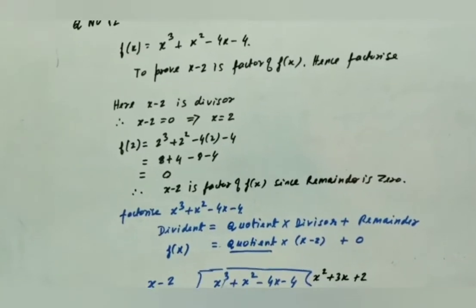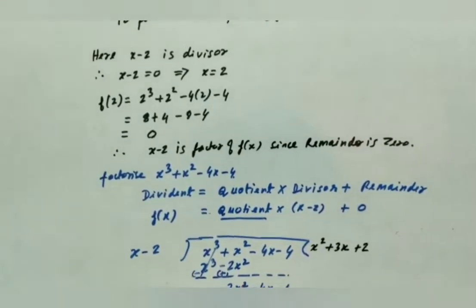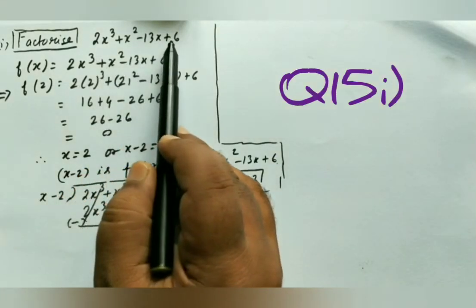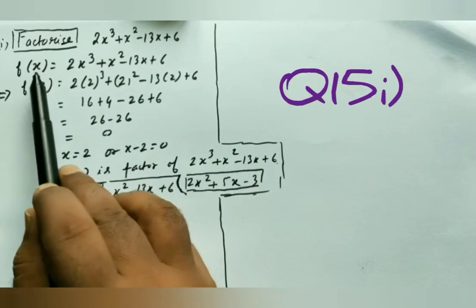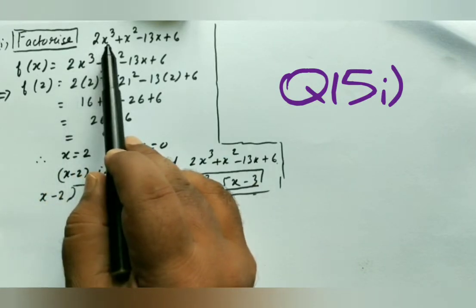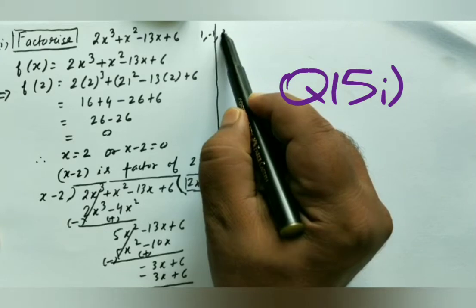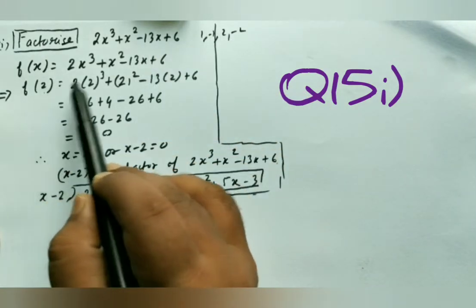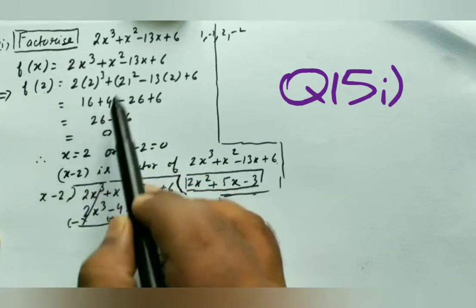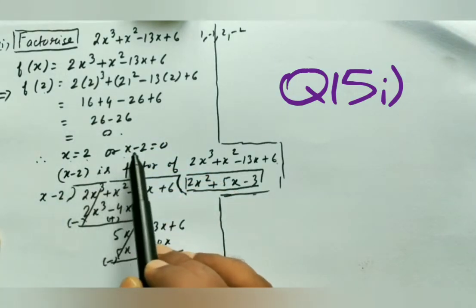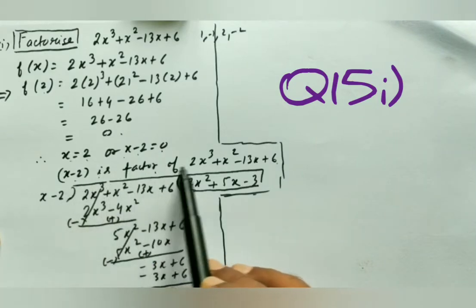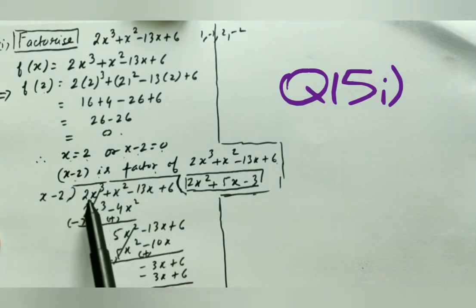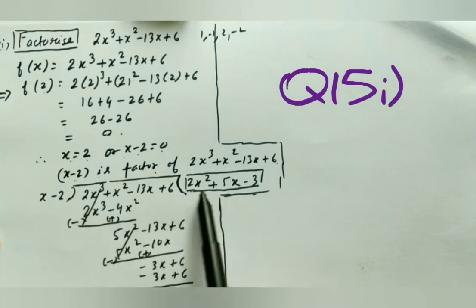This is question number 12 and very important. So this is another question. We have to factorize this using the remainder theorem and factor theorem. So by hit and trial method, we have to try once by 1, minus 1, 2 and minus 2. One of them will give you 0. So f(2), if you put 2 in place of x, you get 0. So x is 2, x minus 2 is equal to 0, or x minus 2 is a factor of f(x). Now I divide by the long division method by x minus 2 and I get this as a quotient.